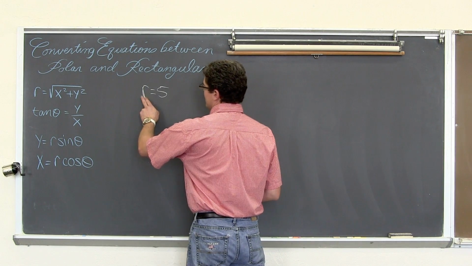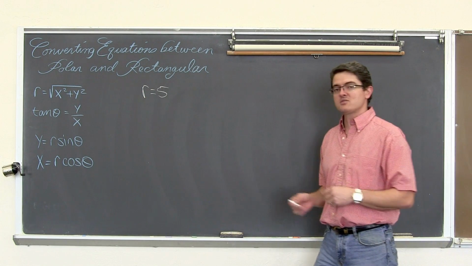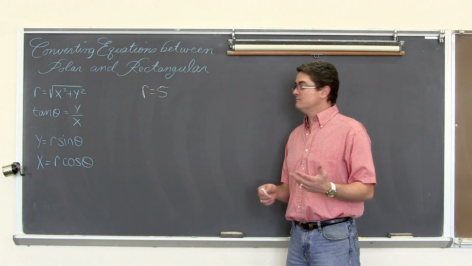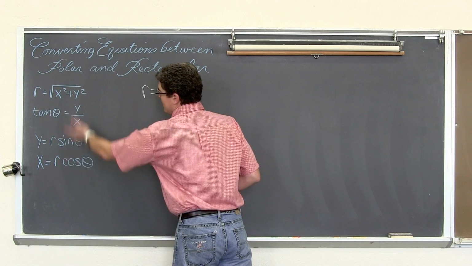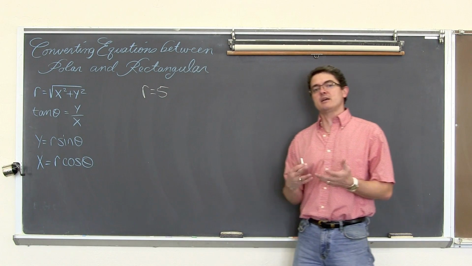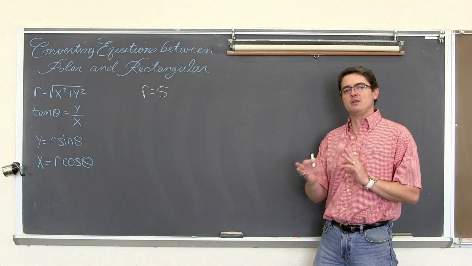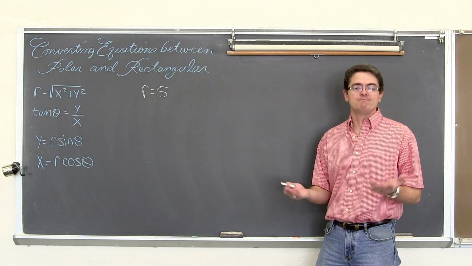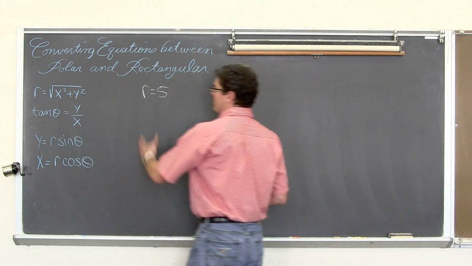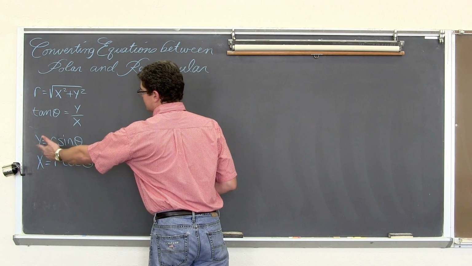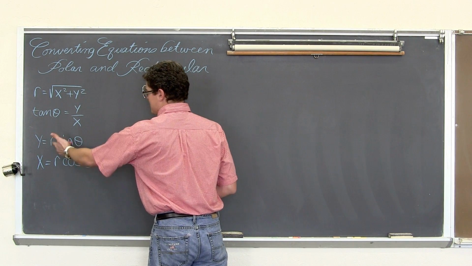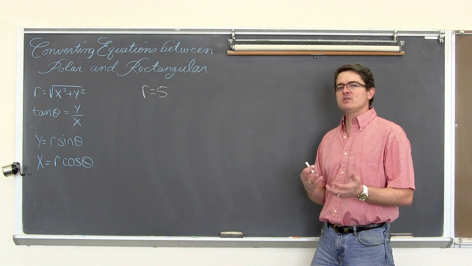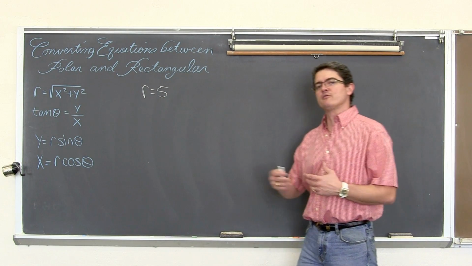So how do I get this equation with r and theta, or in this case just r, written so that it only has variables of x and y in them? I'm going to use these formulas to do the substitution back and forth between the 2 formats. When I have only x's and y's left, I'm in rectangular form. I could manipulate this and say that r is equal to y over sine theta, but I don't want a substitution that's going to introduce another polar variable.